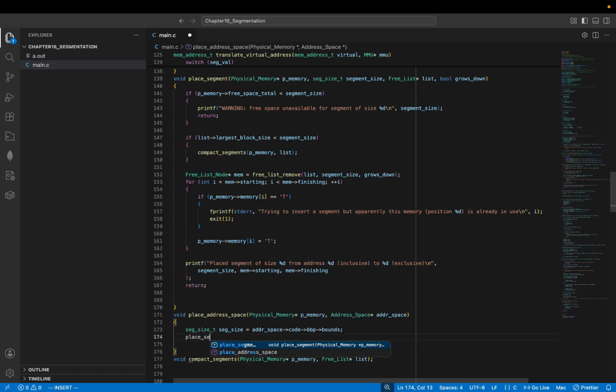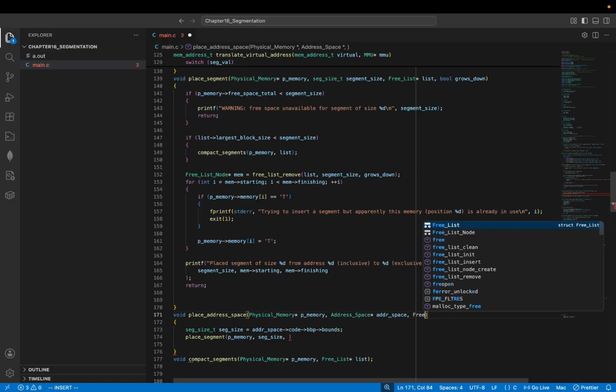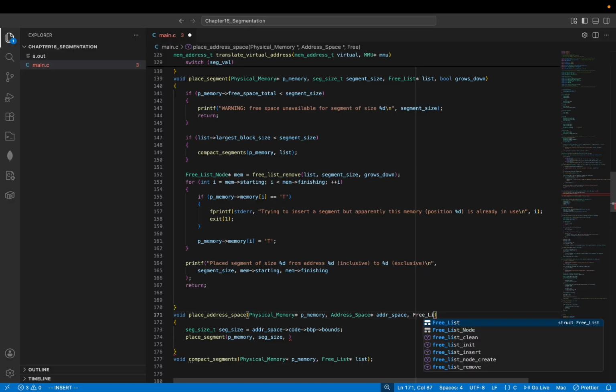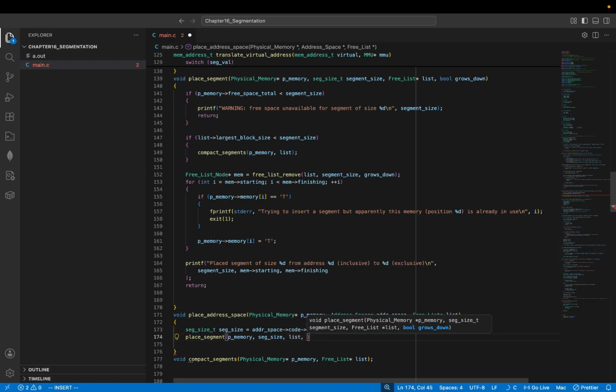We're going to place a segment, given the P memory, given the segment size, given the list, which I didn't provide, and given grows down, which apparently I can also